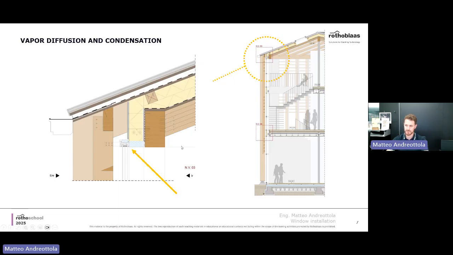So this is a picture, for example, that I've taken from a consultancy that I received once. You see that the window is on the side here. Everything is obviously a timber structure. Everything seems very well done with these beautiful colors and so on and so forth. But actually, there's an issue. So the drawing is good, but the design is not just as good. You see immediately that there's an issue where I'm pointing here with my cursor. There's an issue of cold bridge.